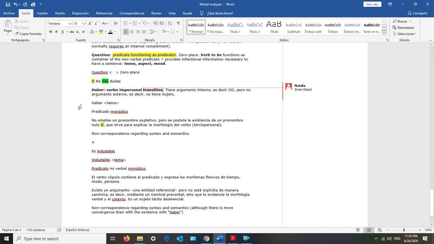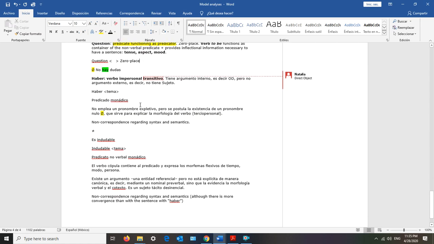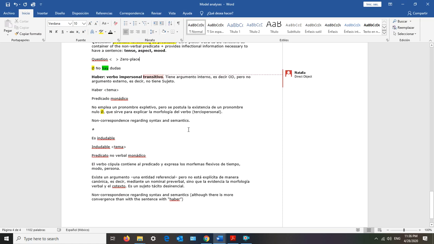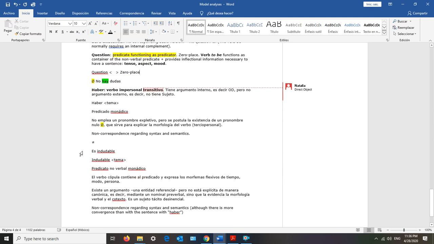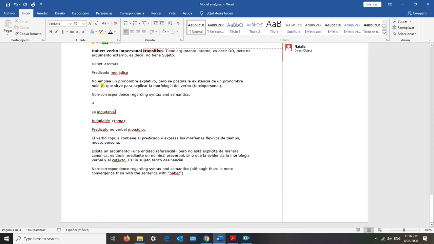Different from haber, which has argument structure of its own, does select an argument that has the theta role of theme, okay? And thus we have a differentiation in terms of semantics, in addition to a differentiation with respect to the syntax. Now, if the translation choice for there's no question is es indudable, what we are before is an instance of indudable, an adjective,